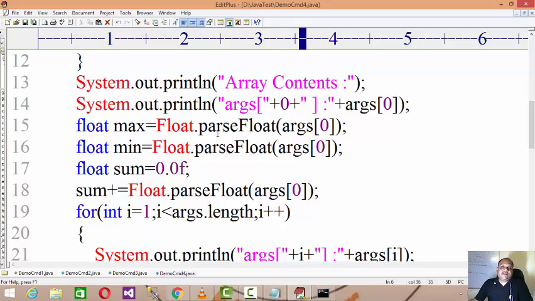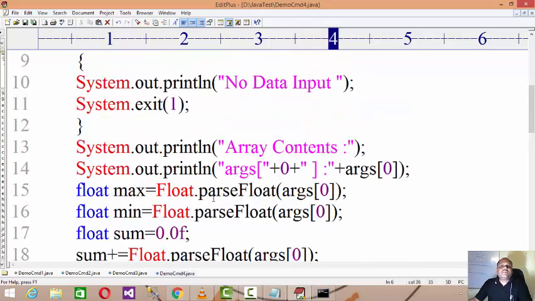So I hope you understand the concept of command line input better. Again I will repeat that with Scanner and BufferedReader, whenever you use that data input technique, they need to halt the program execution, right? But in this case, at the time of the execution environment, at the time of the command, because we are going to run the Java program from the command prompt, if you make the input from that command prompt, all the input goes to the parameterized main, that array of strings will get assigned all the data, and then you can use it in the code. This is the utility of command line input.